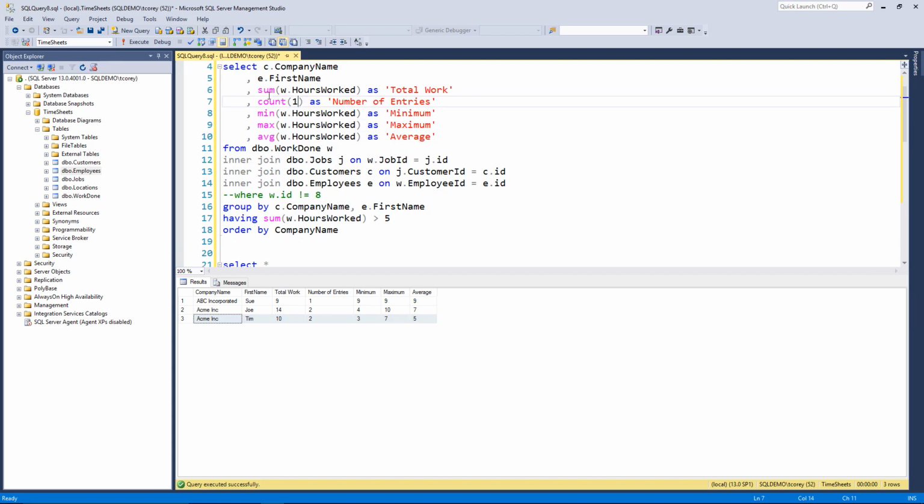And notice, even though I'm adding all of these, I don't have to put anything in my group by list because I'm not grouping by anything different. I'm simply saying, give me some statistics about each set. Okay, and again, if I were to take off the first name from the select and from the group by, so now I'm just grouping by company name,